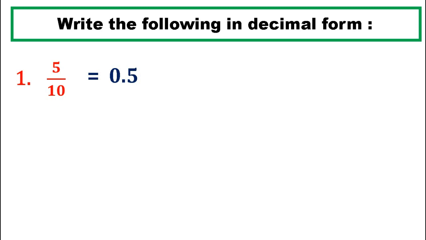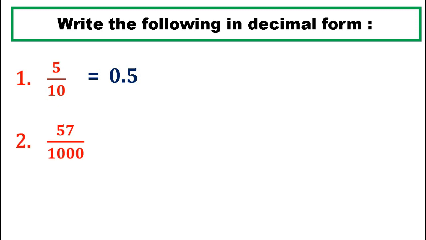Since we have 1 zero in the denominator, we will count 1 place from the right and put the decimal point. Therefore, the decimal fraction 5 by 10 can be written in decimal form as